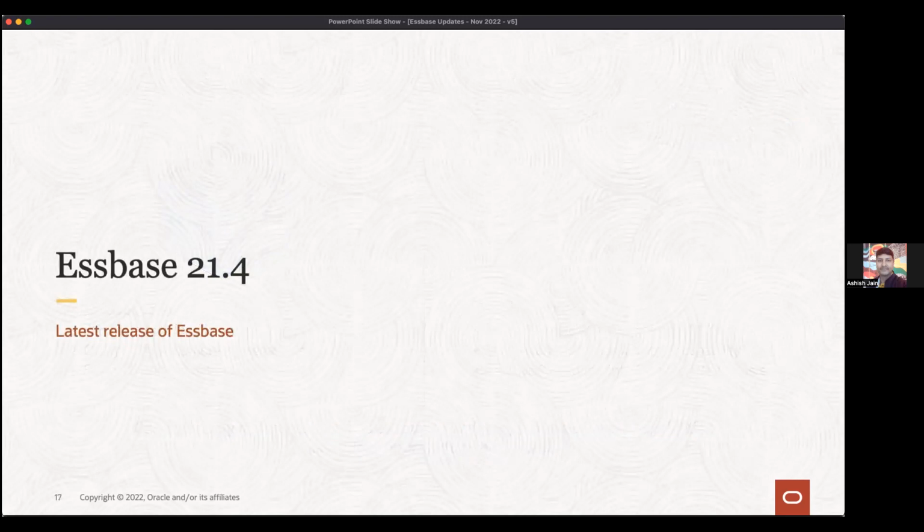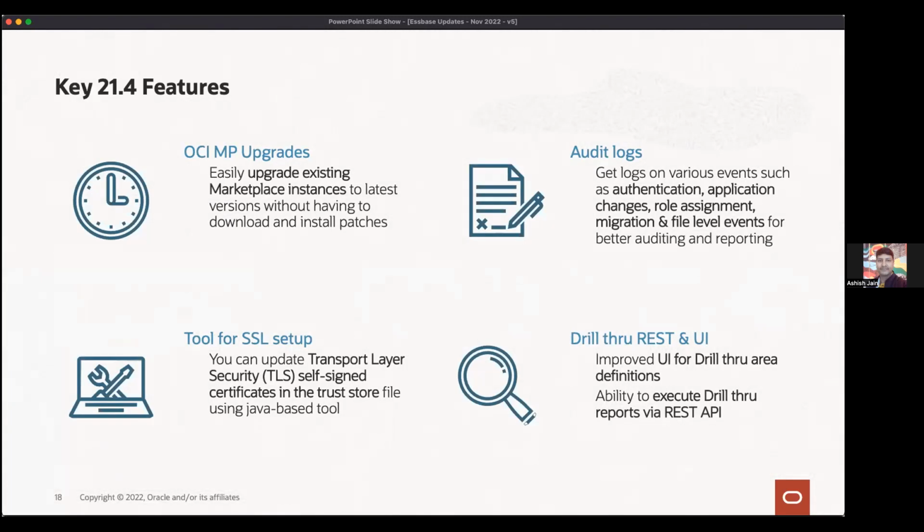All right, so now for the benefit of Patrick or people that are using Essbase, we recently announced the latest version, which is 24, just before Cloud World. And this is the latest release. And I want to talk briefly about the capabilities that we introduced here. Now, number one is,